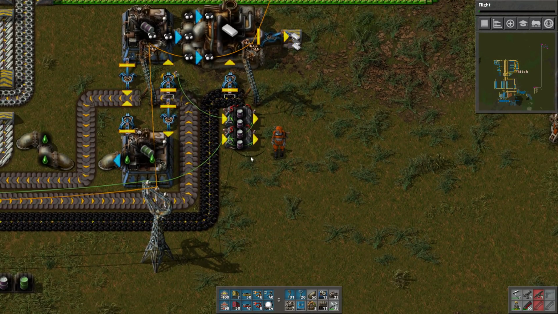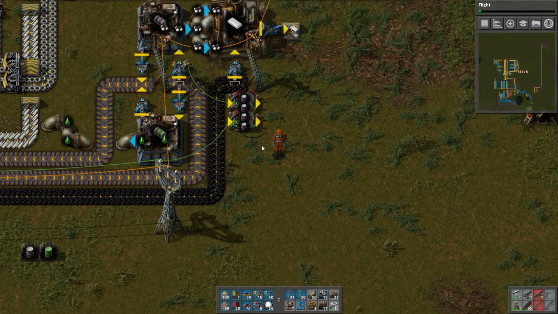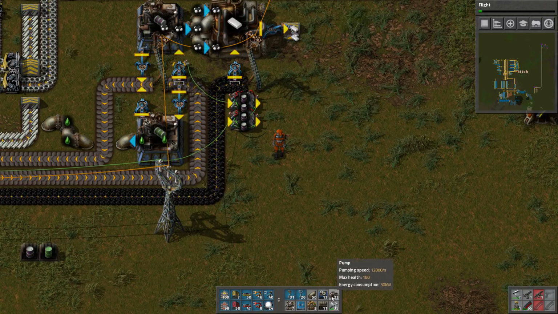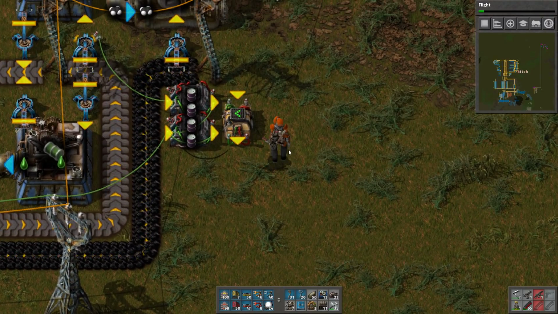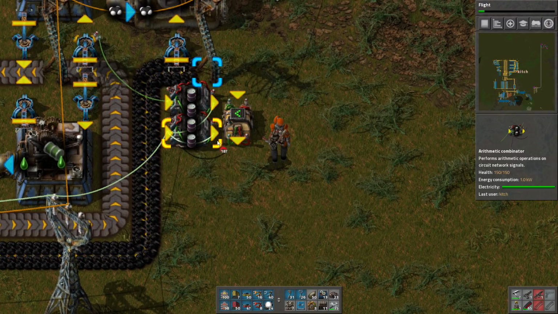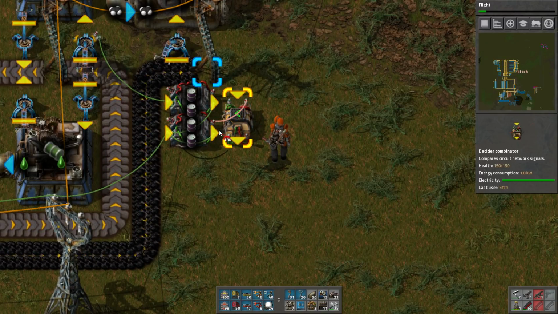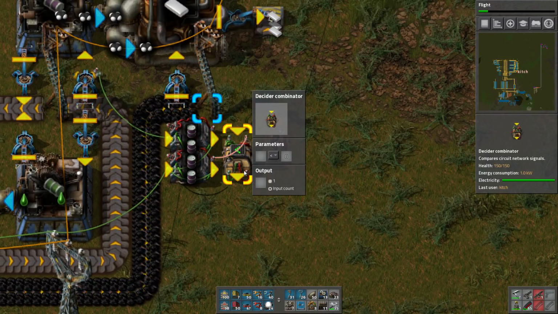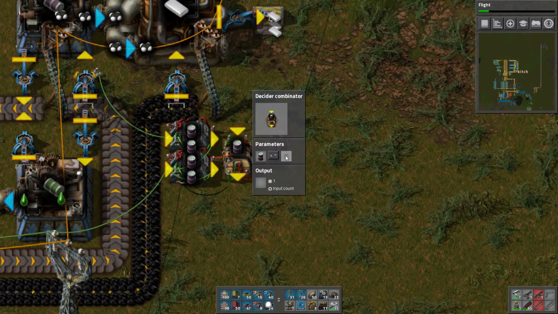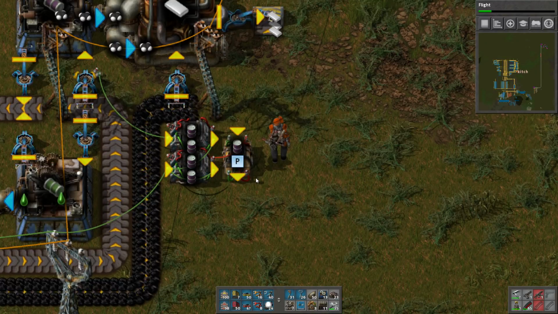All right, so that's how we keep track, right? That's how we keep track, and we can throw a decider combinator right here, and we will use red wire for this so we don't mess up the signals here. But we'll send a red wire from this output out to this decider and say, if the petroleum gas barrels are less than 0, let's output a signal we will call P for petroleum